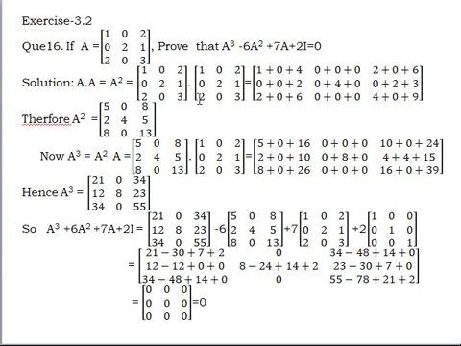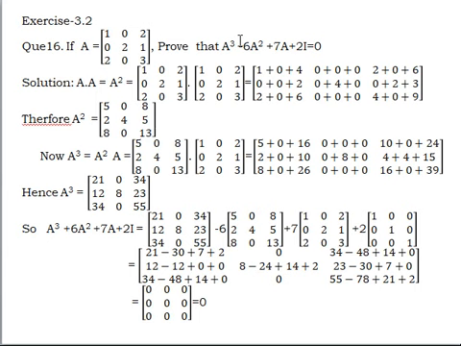Similarly, when we multiply third row with first column, we will get 2 plus 0 plus 6, and third row with second column, we will get 0 0 0, and third row with third column, we will get 4 0 9. Here again I will explain how to multiply. When we multiply third row third column, see the corresponding elements: 2 multiplied with 2, we will get 4, 0 multiplied with 1, we will get 0, 3 multiplied with 3, we will get 9. So here is A square; the value of A square is 5 0 8, 2 4 5, and 8 0 13.